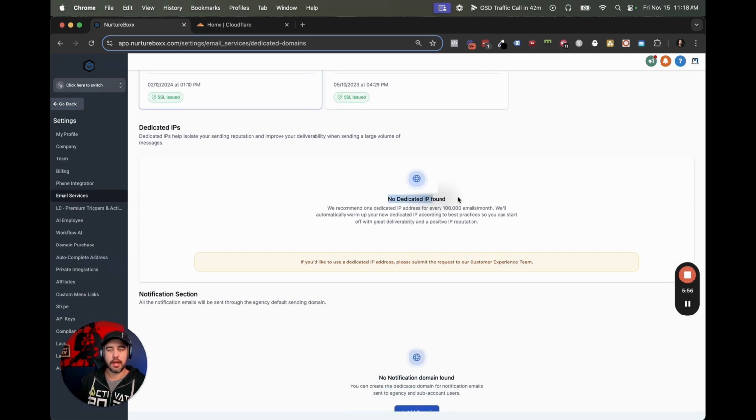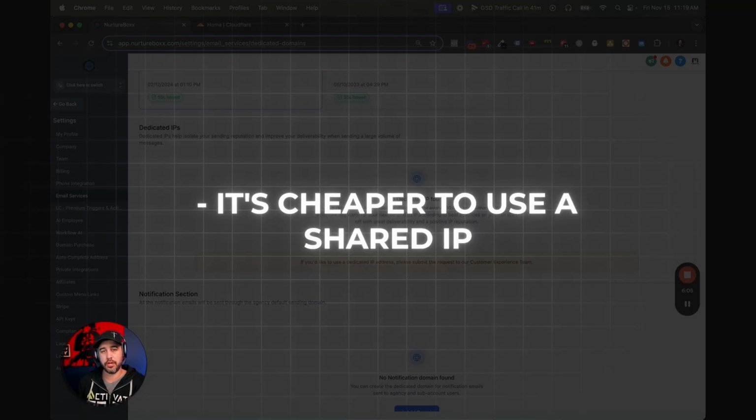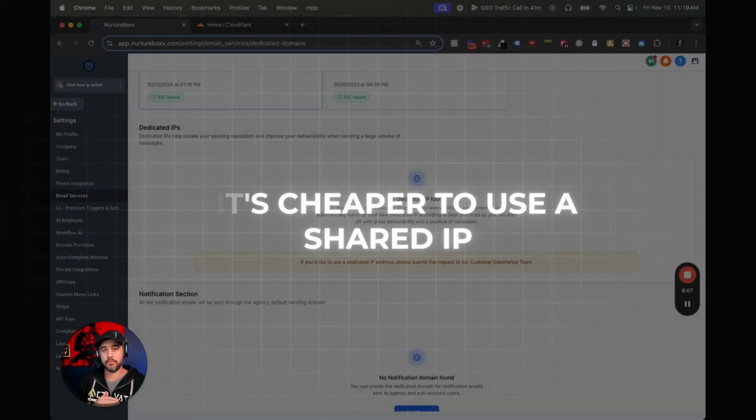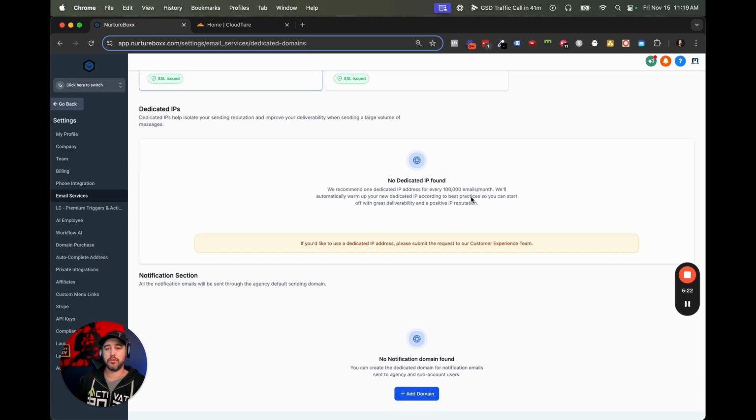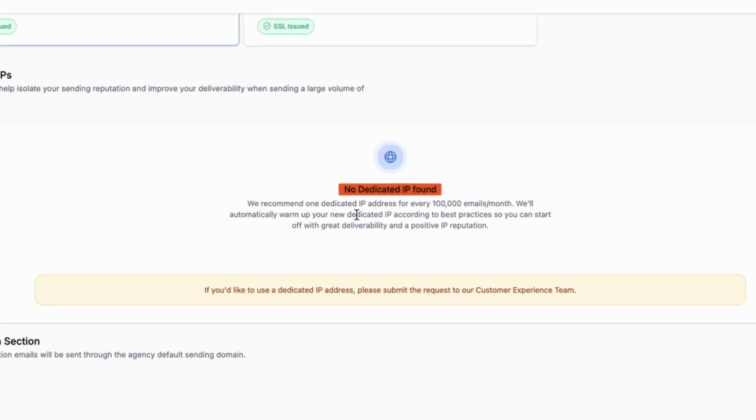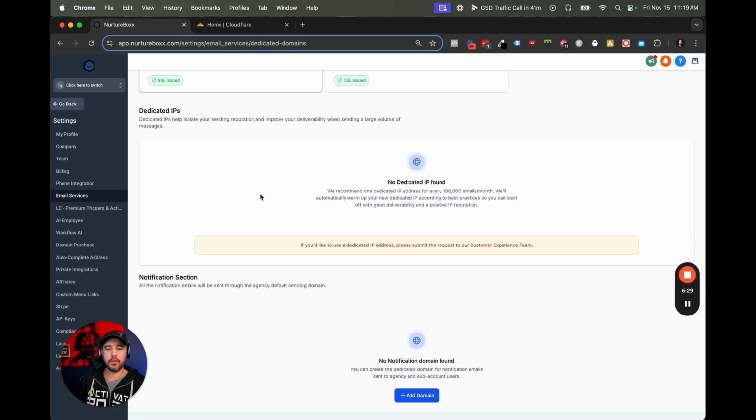There is no dedicated IP found, which means that the IP you're using for your mailing domain is a shared IP that has pros and cons. The pro is that it's cheaper to use a shared IP, and it's just the default, right? By default, you're going to get a shared IP, but that means that everybody else, even the bad apples, is using that same shared IP, and that shared IP can get blacklisted and you might have delivery issues. I haven't personally had a problem with it over the last number of years, so I've kept it at the non-dedicated IP. If you want to add a dedicated IP, you can add one from here,